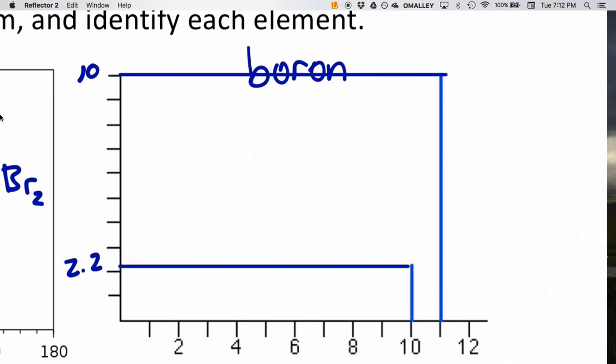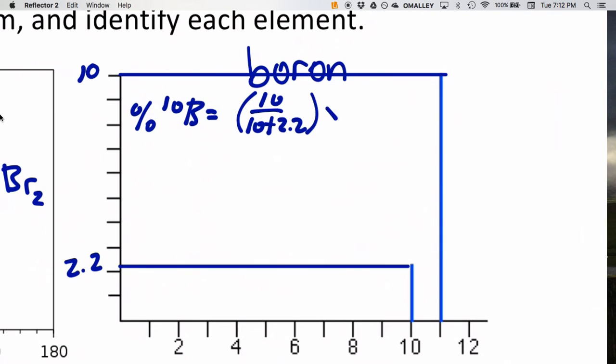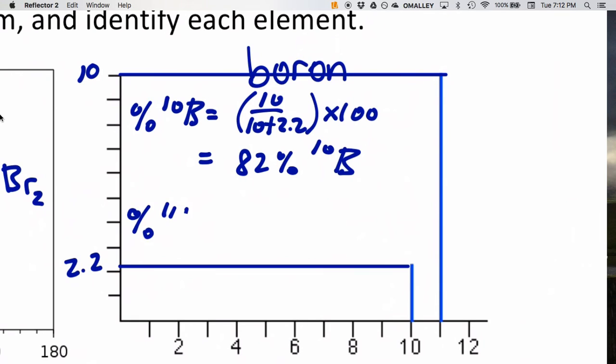So my percentage of boron 10 would be 10 divided by 10 plus 2.2 times 100, and that gives me 82% boron 10. And then the percentage of boron 11 would be the rest, which is 18%